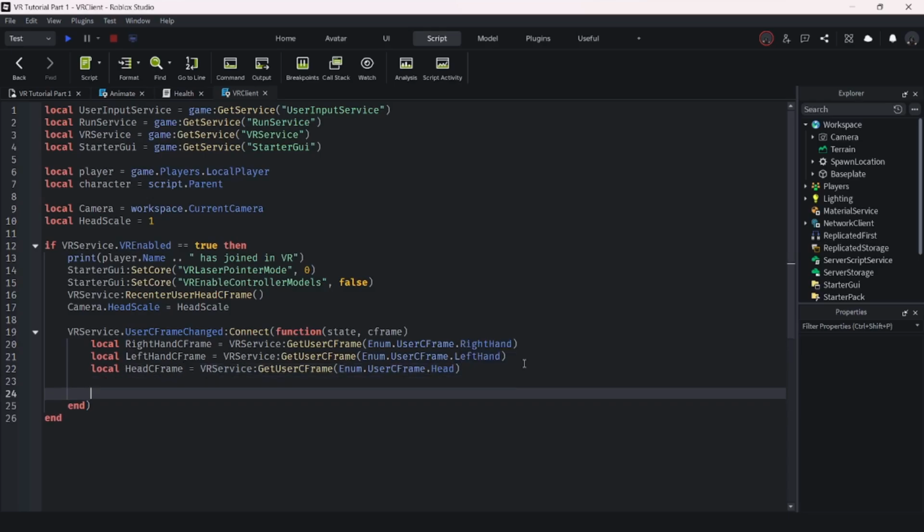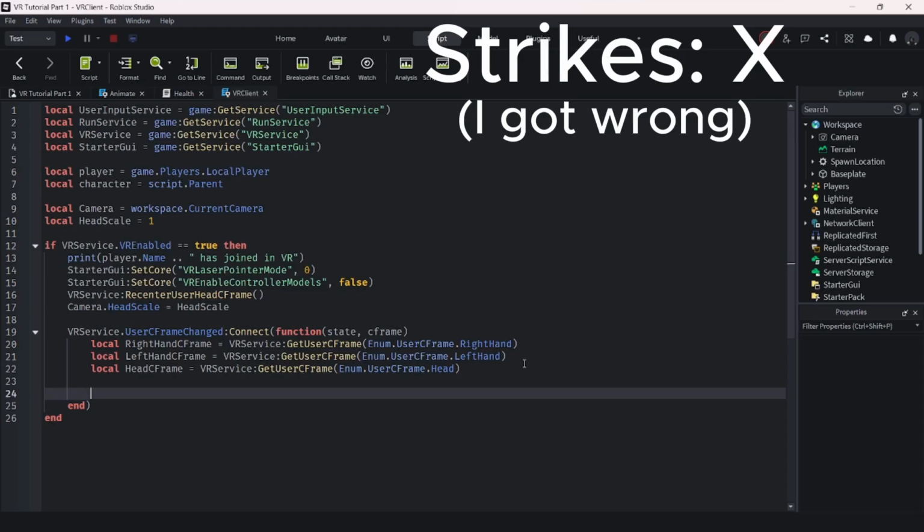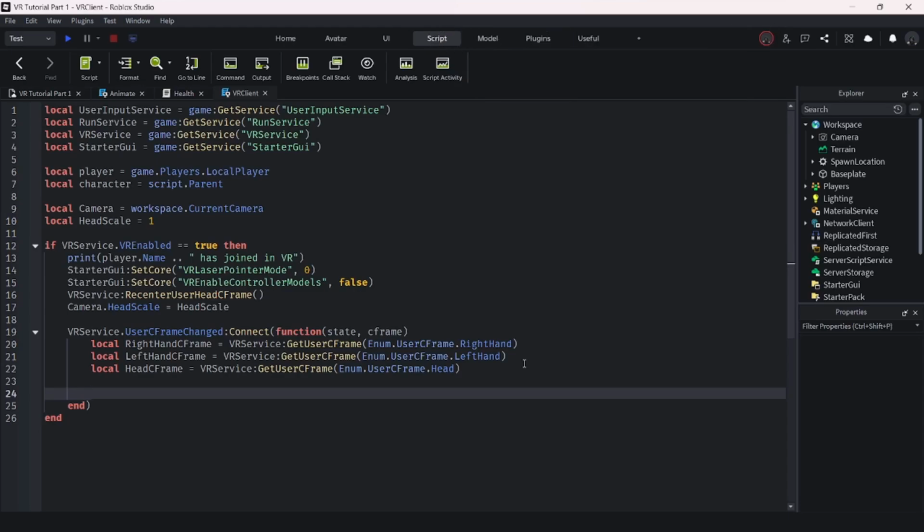Now, that's useful for getting the starting positions, but you're going to need to do something in accordance with the head to make it better, right? So what we're going to do is track the final CFrame, which is what actually gets tracked. So we'll just do right hand final CFrame,